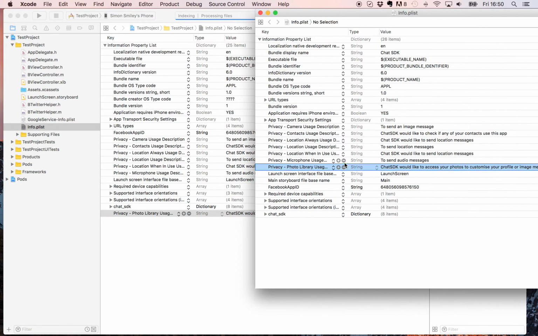Like so. Now that we've got those rows all added,